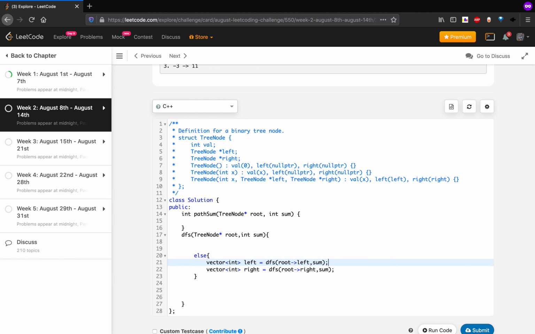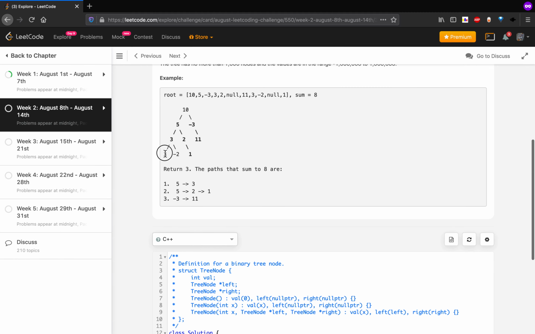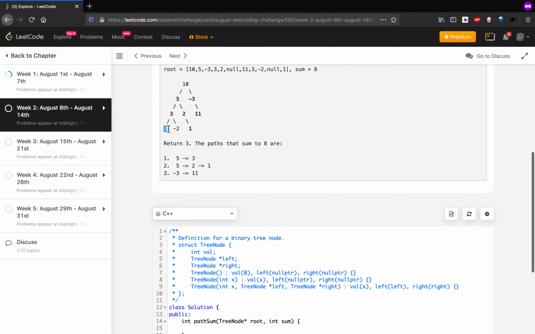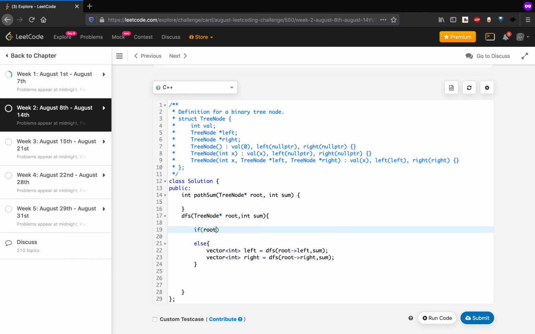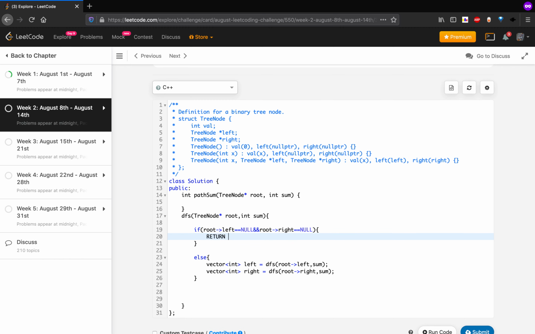Okay, now let's suppose we reach a leaf node. So if root left equals null and root right equals null, we just return the root value.